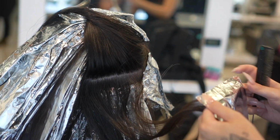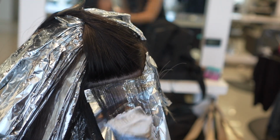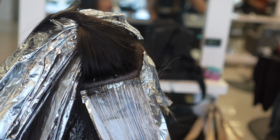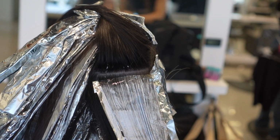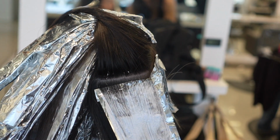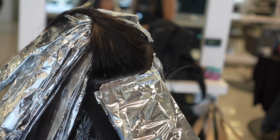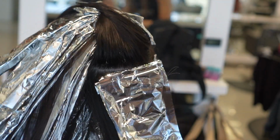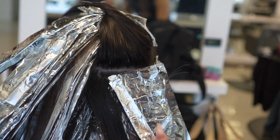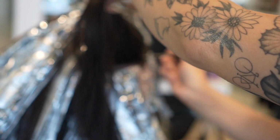Because this is going to give her the most amount of color, I'd rather do a slice than a weave, especially when we're going from a solid dark color to something a lot lighter. It just gives you a lot more impact and saves a lot of time. But in the future, if she feels like she wants to do something a little bit more blended for the roots, we could definitely do that with some weaving patterns. But by slicing, it just makes it really easy for me to retouch this next time and check where I